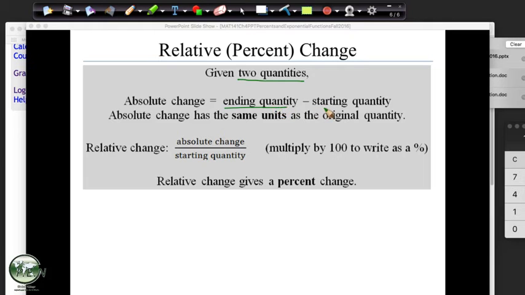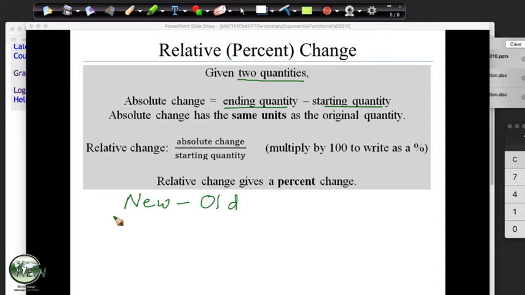You have two quantities, an ending quantity and a starting quantity. What I like to do is I refer to those as the new value. So that's what we have now, right? That's the new value, and then what we'll do is we subtract off the old value. Now, if the new value is bigger than the old value, what kind of value do we have? We have $100 now, and we started with 50. We'll have 50 positive dollars, right? If the new is smaller than the old, we end up with a negative value because we lost something, and we'll see it'll come off as a negative percent.